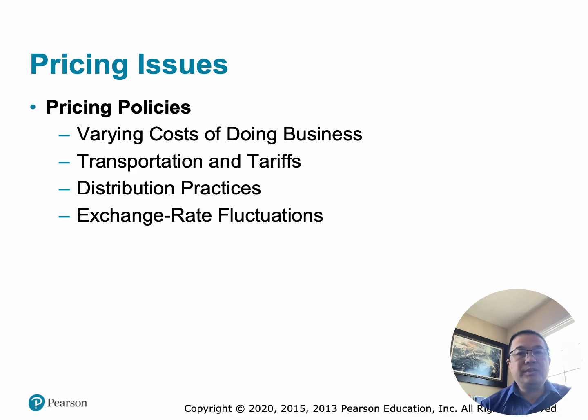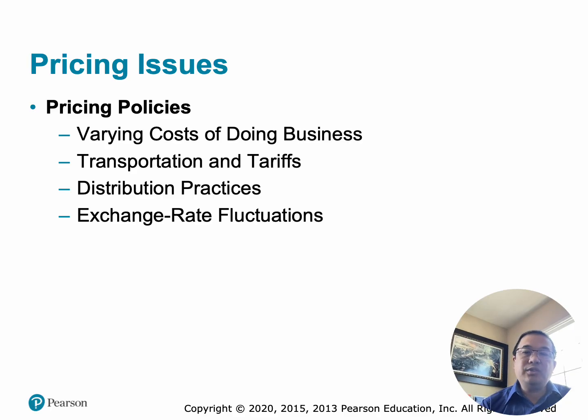Number three, distribution practices. Different countries use different distribution systems. Some countries may have many wholesalers and retailers, multiple layers of intermediaries. Each intermediary adds a markup. So a product may go through manufacturer to importer to distributor to wholesaler, retailer, and then customer. Each step increases the final price. The marketing implication is that the same product may sell for very different prices in different countries.